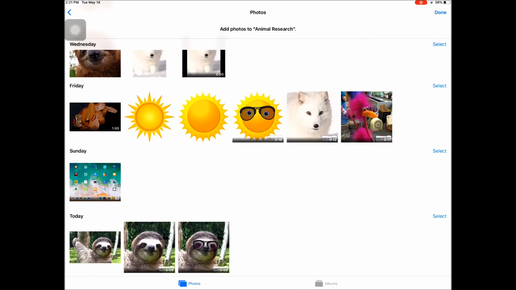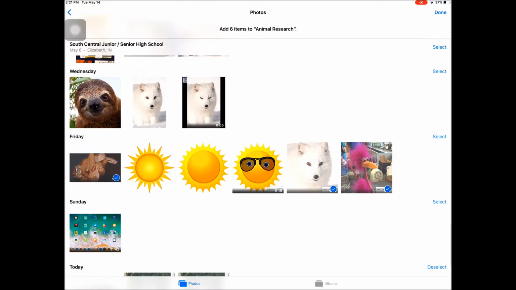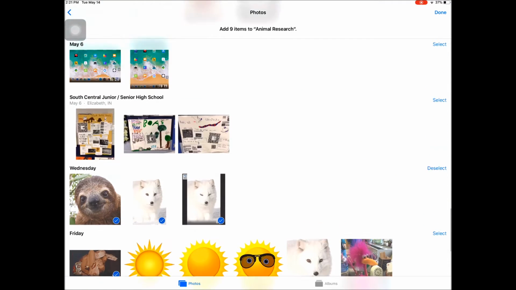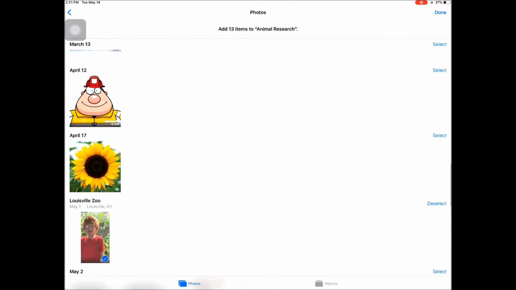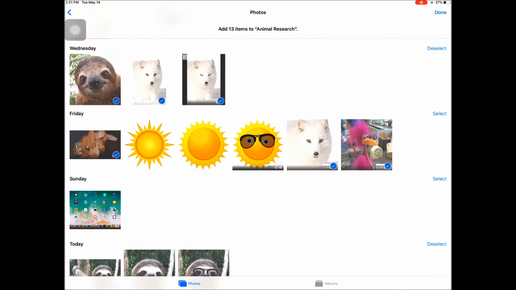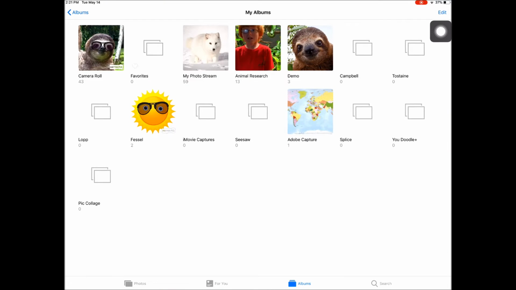And now what it's asking me to do, it's going into my photos, and it's asking me to select any photo that I want to have placed in that album. So if I just tap on the photos, you'll see they get a little blue check mark on it. And any items I check are going to now be going into my Animal Research folder. Okay, so once I get them all selected, I'm just going to tap on Done in the upper right-hand corner, tap on that, and now I have a new photo album called Animal Research, and that's where those 13